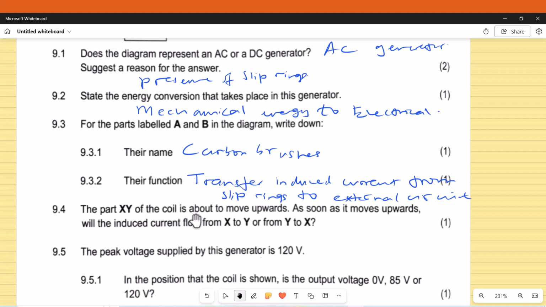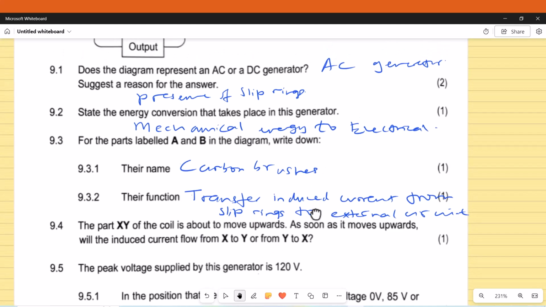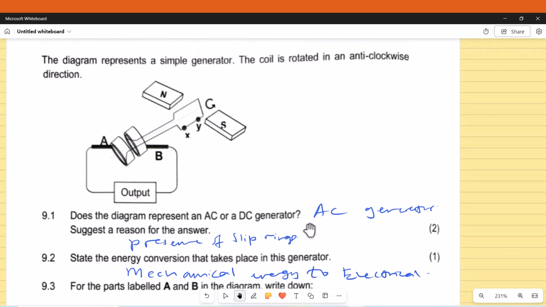So the part XY of the coil is about to move upwards. As soon as it moves upwards, will the induced current flow from X to Y or from Y to X? Now let's check it out. In this particular case, with the generator, we said that we use the right hand rule. So if I do my fingers here, north to south, and then that one moves up, I can see with my fingers that because it's rotating anti-clockwise,